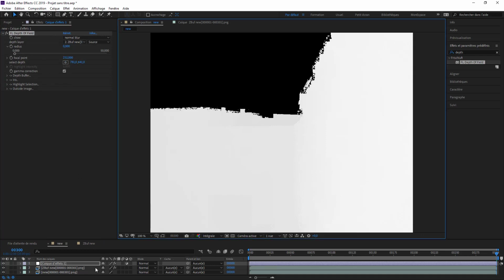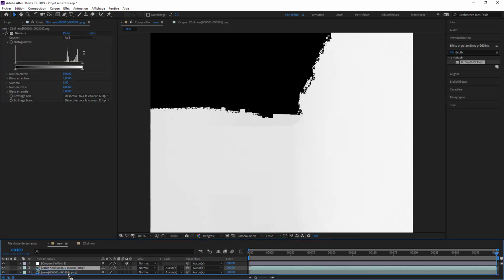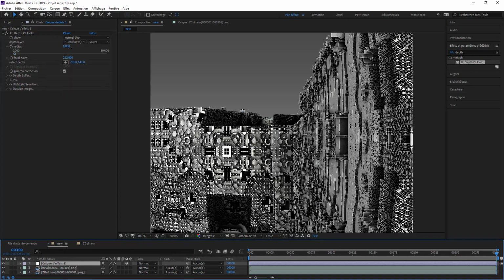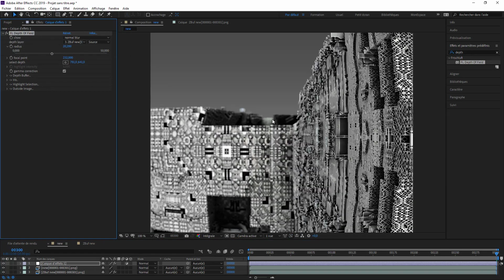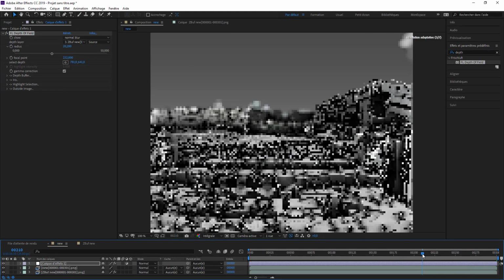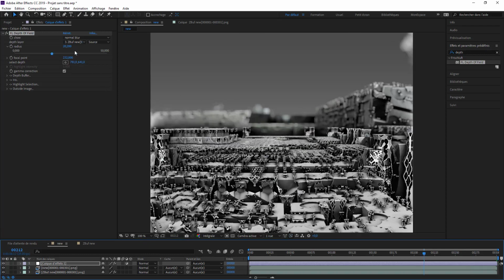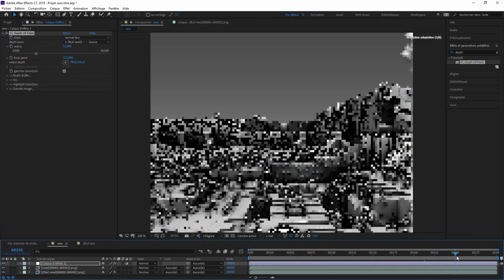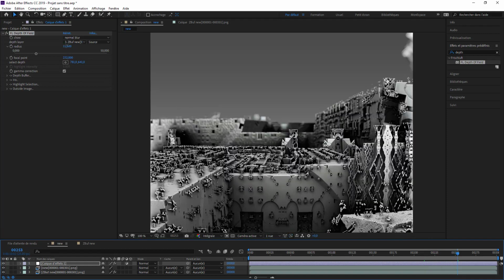Now if we look, nothing changed, but if I add some blur here, reduce, increase, you see in the back, it's starting to be a blur. So this is the depth of field effect. If I go there, for example, you see, it's maybe too much. Okay, like that, it's fine. A bit more. Okay.